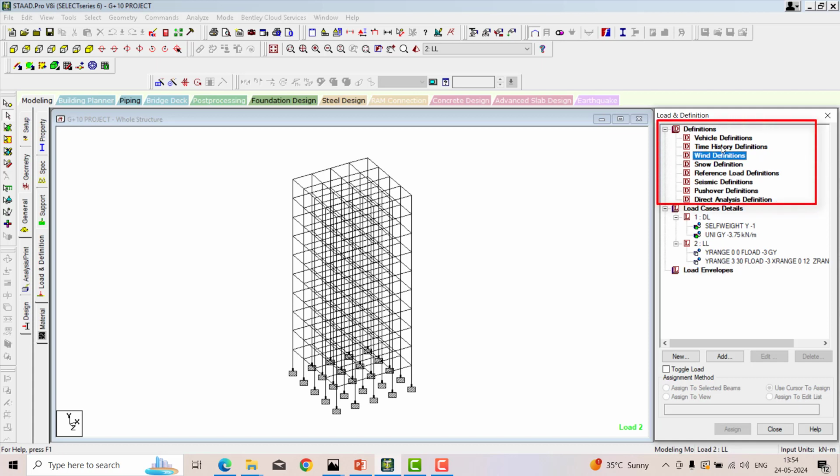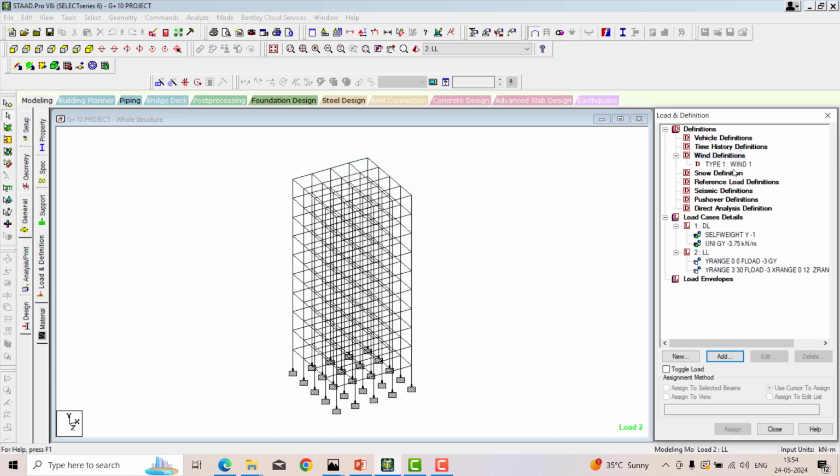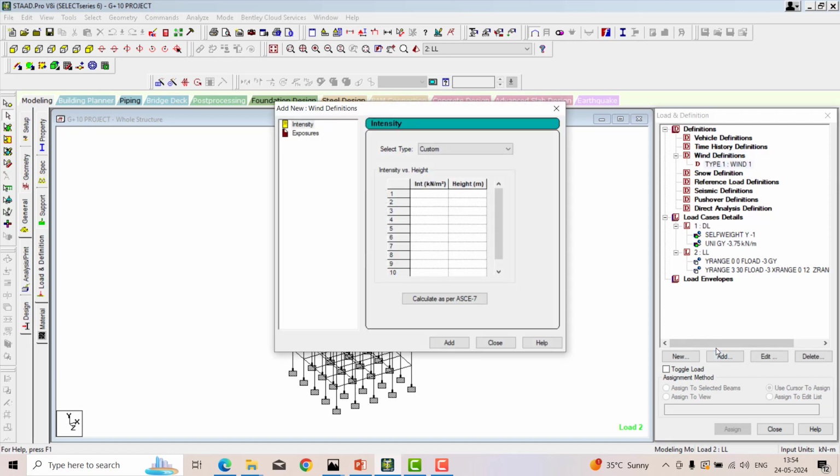For that I am clicking on the wind definition option and then adding type number 1 and wind number 1, add and close. Once you define it, again I am going to add, and then we have to put the intensity. Before that you go to the custom options, and here we have the calculate as per ASCE, which is the American code.